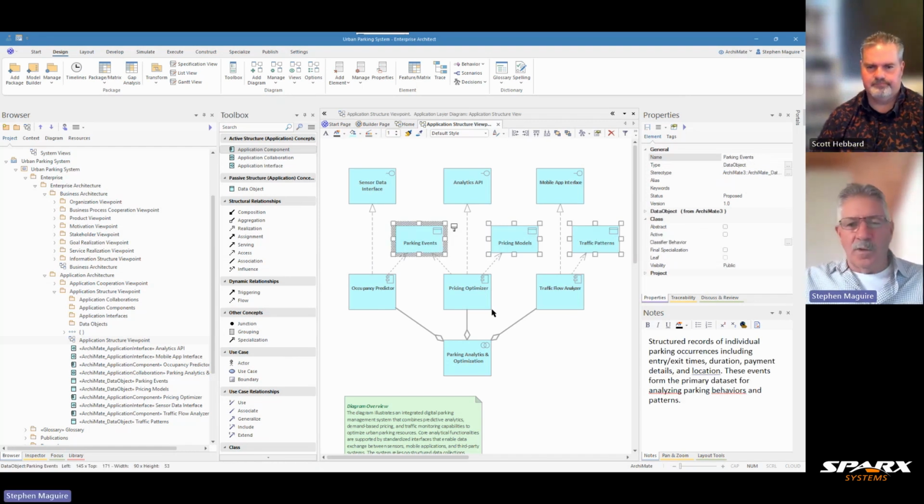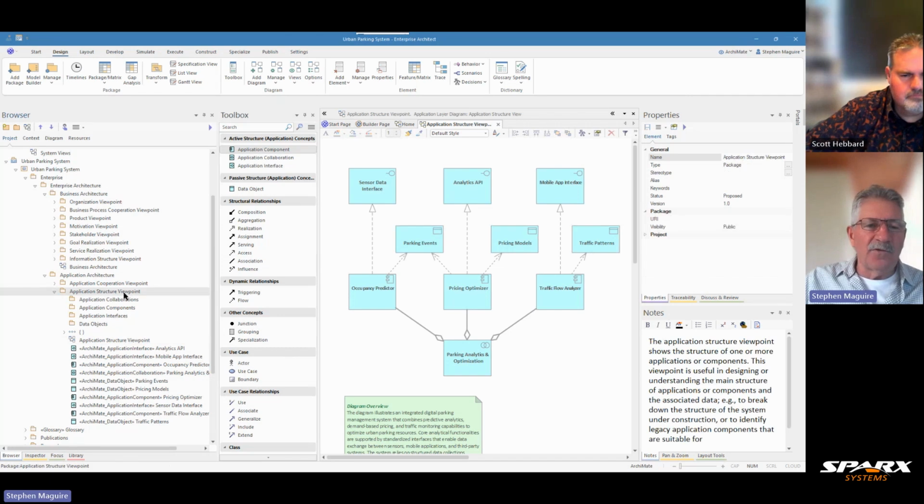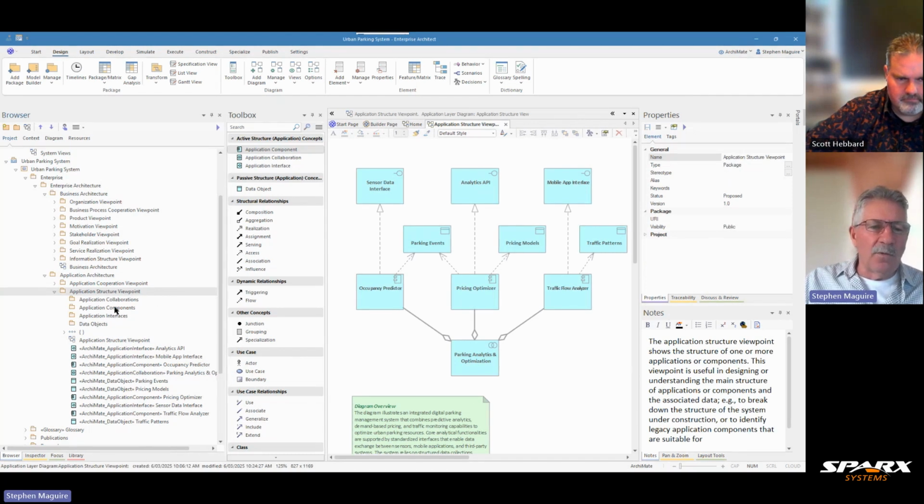So let's have a look at something that's happened here while I've been working. I created the diagram, and the elements that I've created, I've put onto the diagram, as you saw in the earlier part of the video. And what's happened is they've all gone into the overarching parent package, application structure viewpoint, which is Enterprise Architect's default behavior. Now, I could leave them where they are, but as you can see, I've already created a number of packages that I like to put these elements into.